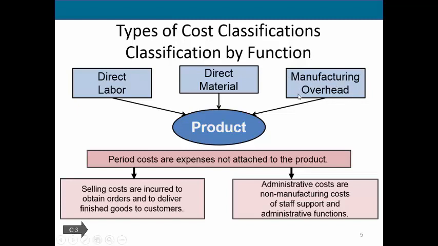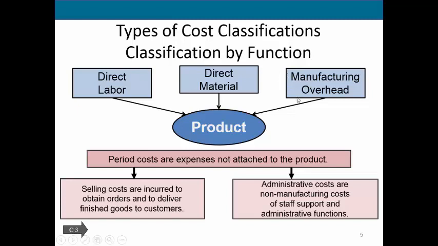Two slides back we talked about our direct costs and our indirect costs. You can see here direct labor, that's a direct cost. Direct material is a direct cost. And manufacturing overhead costs are going to be all of your indirect costs, or those items that are not easily traceable to a specific process. Then we need to make sure we're only looking at the manufacturing indirect costs.